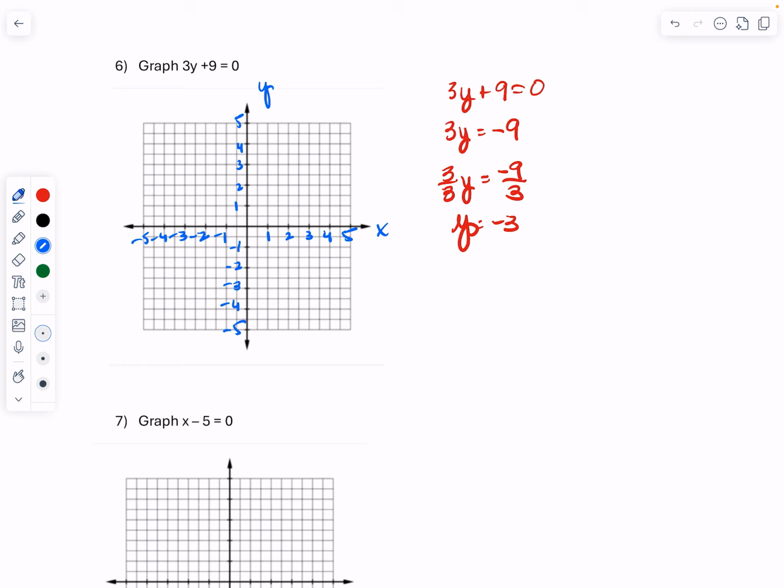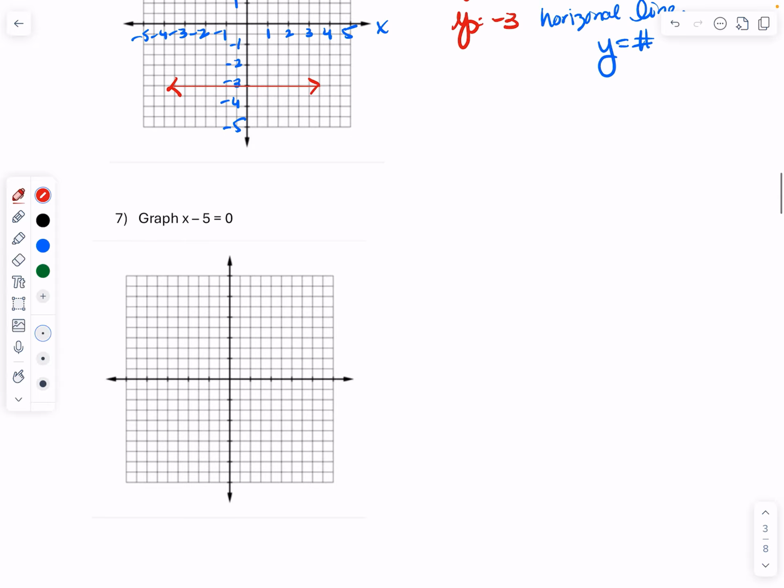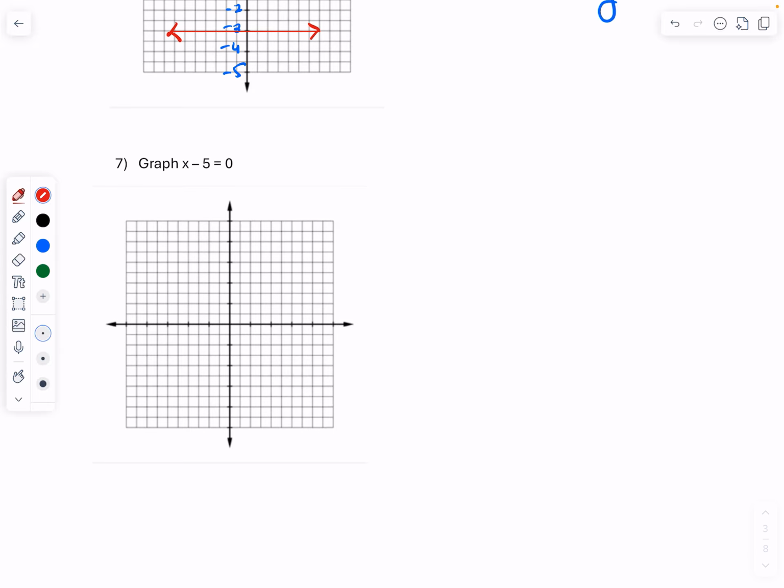Okay, so y equals negative 3 is a horizontal line. And in fact, all horizontal lines are y equals some value. So I find where y equals negative 3, and I put that horizontal line in. And there you go. This next one says x minus 5 equals 0, and I notice I don't have any